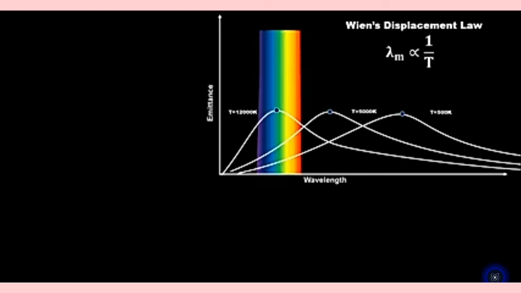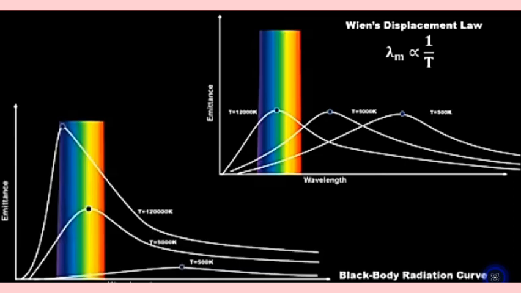So as the temperature decreases, lambda m displaces toward the longer wavelength, and at T equals 0 Kelvin, lambda m becomes infinite, meaning at any temperature we would have a dominating wavelength. This is not the case in the black body radiation curve. At high temperature the radiation curve follows this rule, but at low temperature the behavior of the radiation curve changes, which cannot be explained by this law.